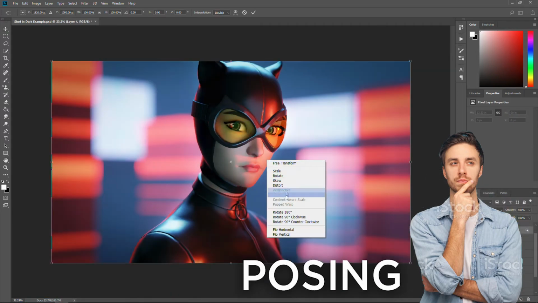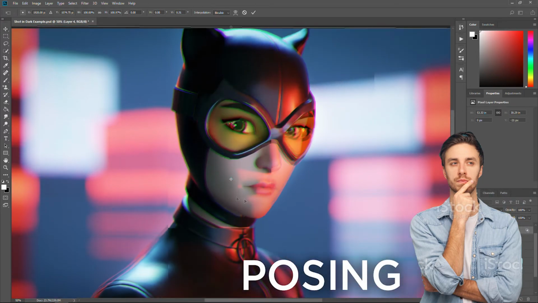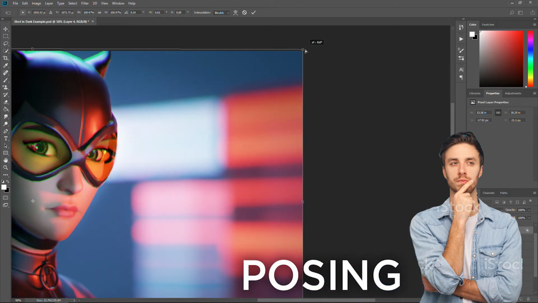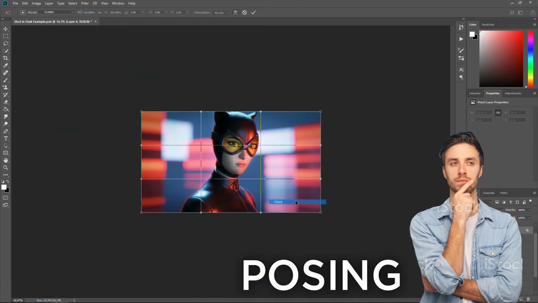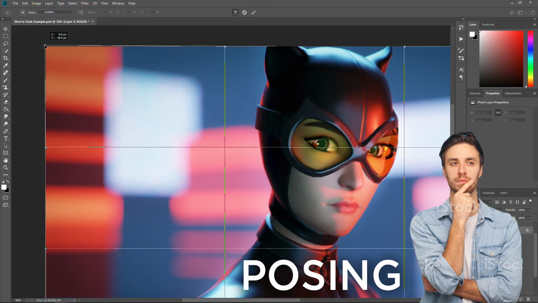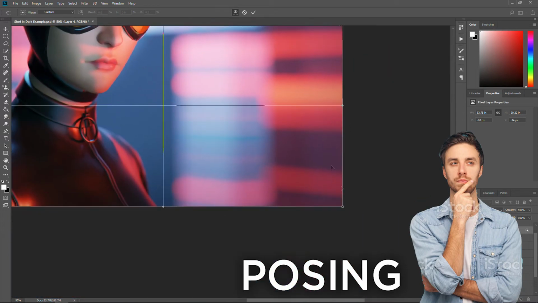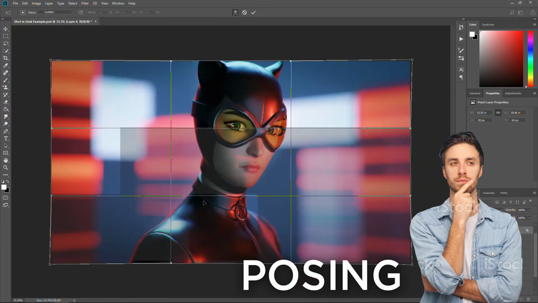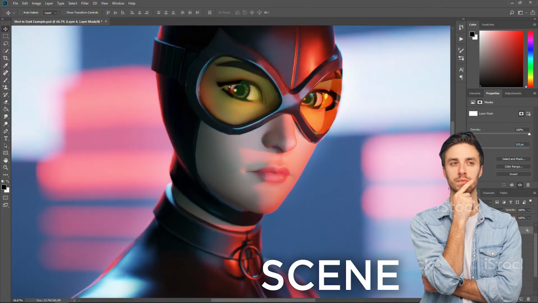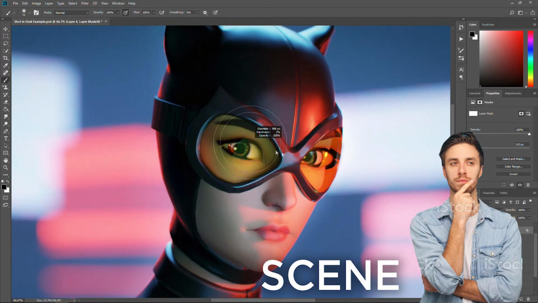Third, posing. Start posing based on the reference, but do not follow it one-to-one. Otherwise, the pose may turn out to be bad looking, due to the limitations of the 3D model itself. If you want to dramatically change the perspective and the camera angle, then don't forget to change the focal length value. Fourth, scene. If you plan to make a scene build, then place objects at different distances from the camera